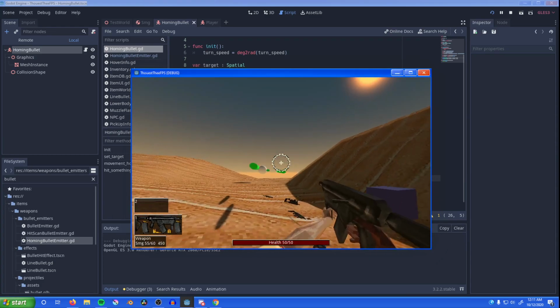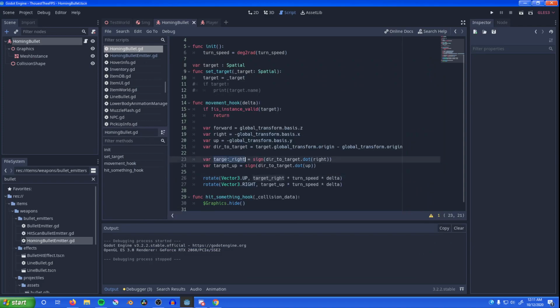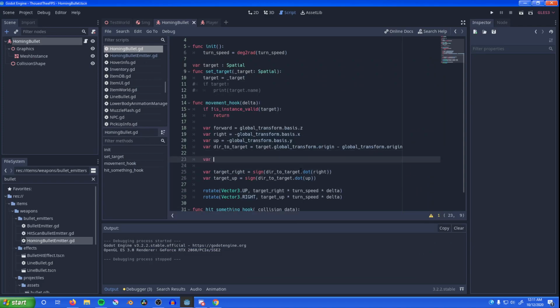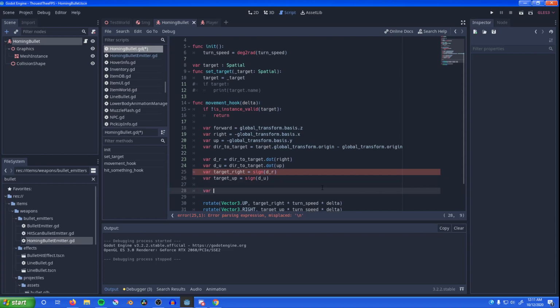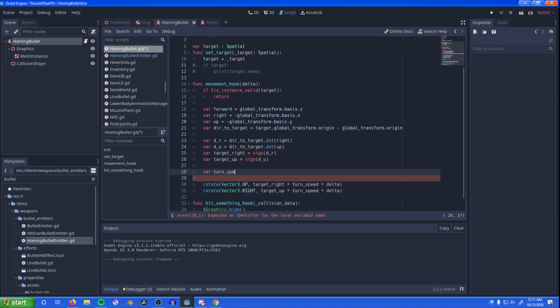So what I could do is have the dot product here, dr equals this, so it doesn't overshoot. Up equals this. And what I could do is speed r equals speed times clamp dr to 0.0 and 1.0 or something like that. I don't know. So that way, if we're turning to the right,